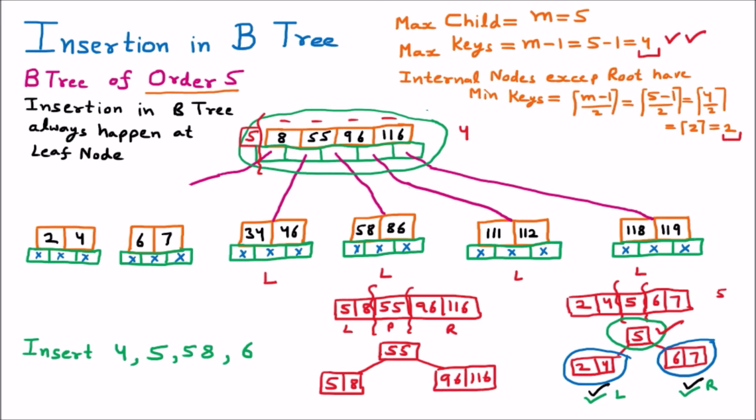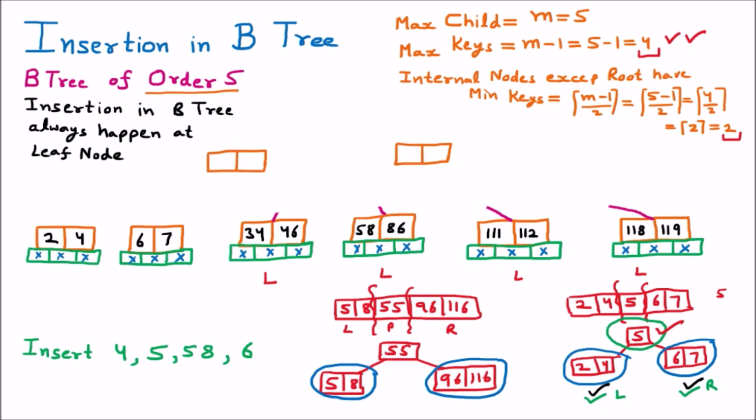So now we are going to reconstruct the node. We are going to put this left and right nodes at the place of the node which is already available. So on the top node we are going to replace it with these two nodes. So now instead of that node, we have taken two nodes here. In the first node we are putting the values 5 and 8. Similarly, in the next node we have the values 96 and 116.